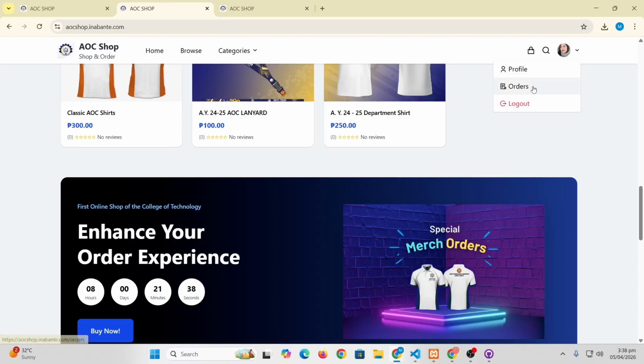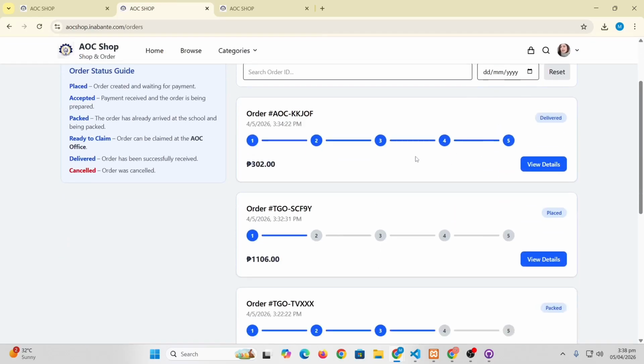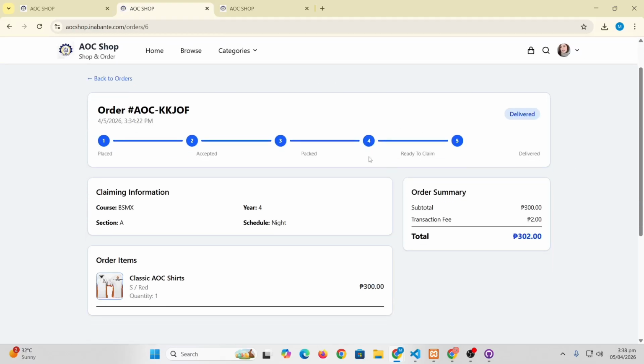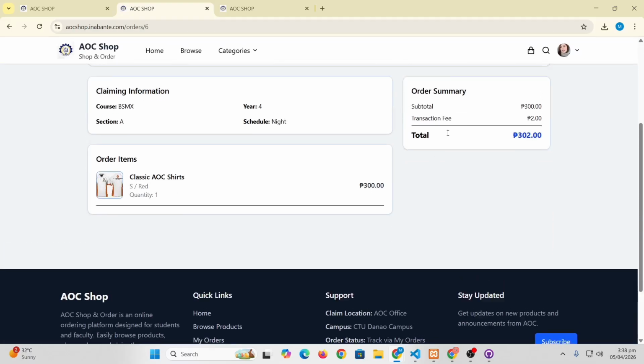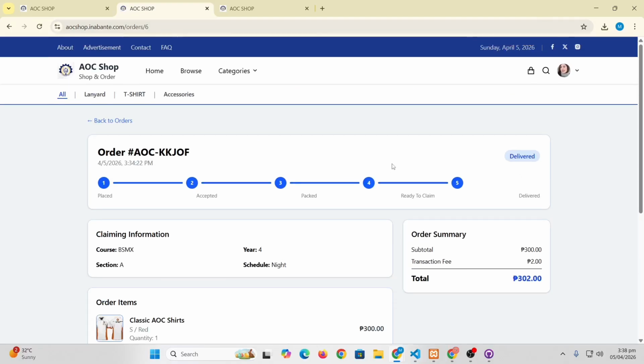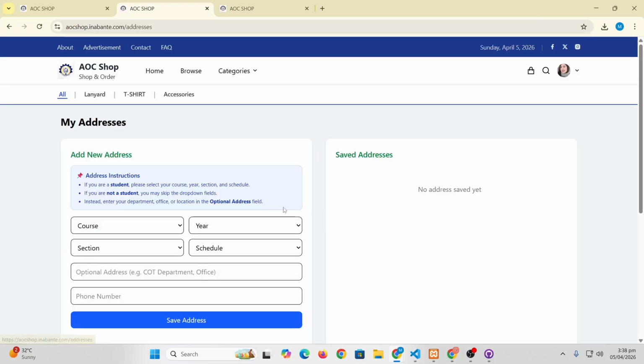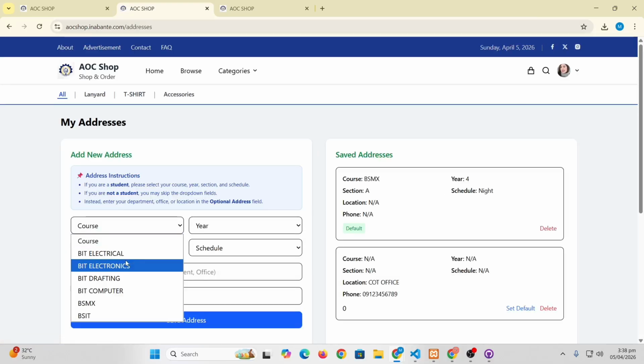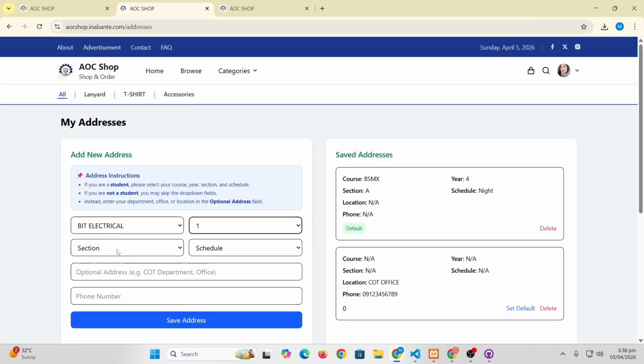Okay, so in our orders, as you can see, our first order is delivered. Our last order is delivered. We'll check that one. Okay, the status is delivered. Okay, so perfect. And for the address, you can also add an address. For example, I will add an address, electrical 1A day. Save that address.